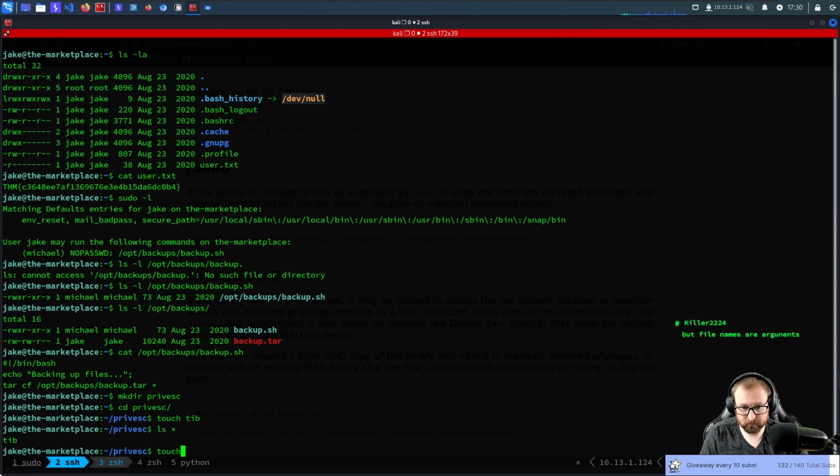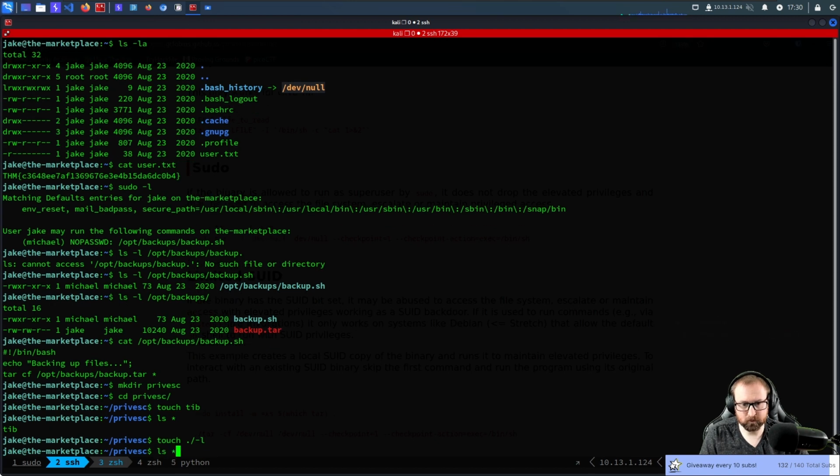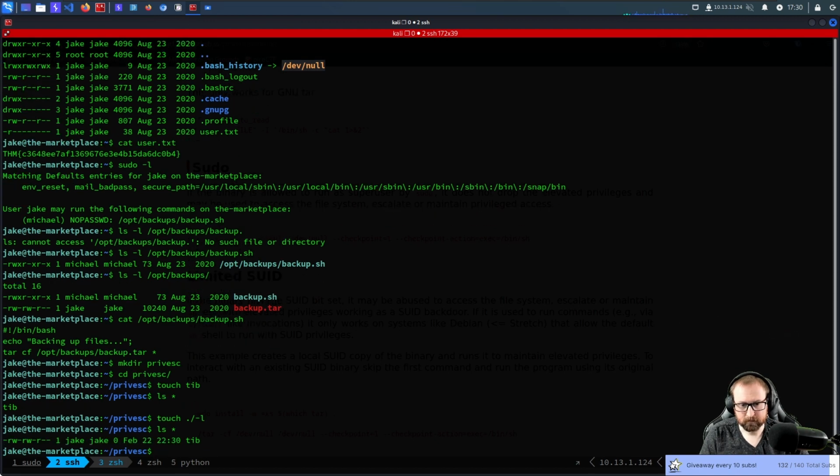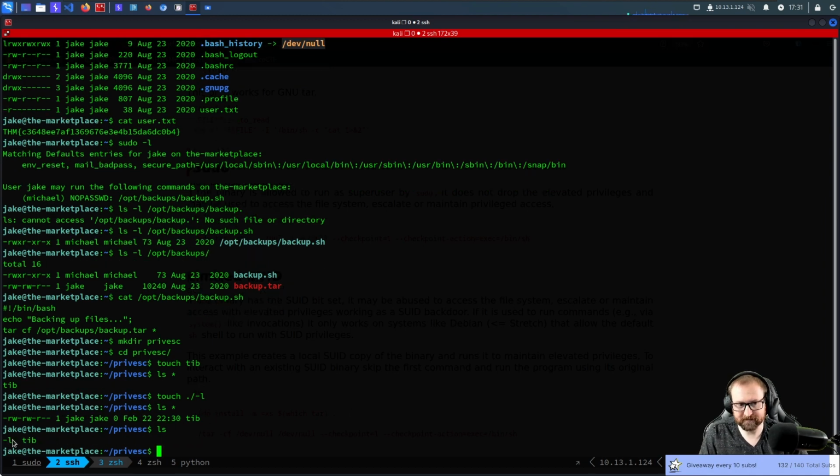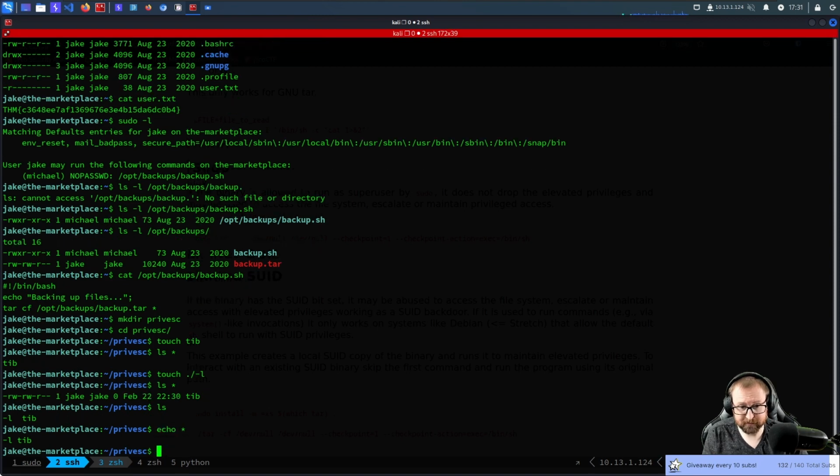Now, if I touch -l and I do ls asterisk, ooh, we got something different. And notice my -l file isn't there. If I just run ls, there's the -l file. When I run ls asterisk, it's not there. And the reason is the same as if I had just done echo asterisk. If I do echo asterisk, we get -l tib.